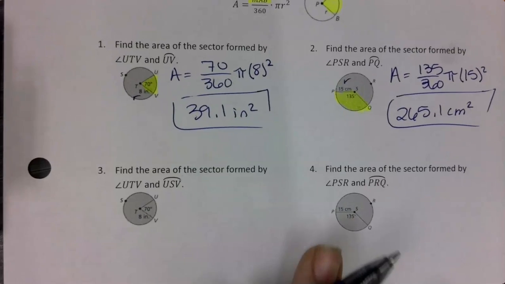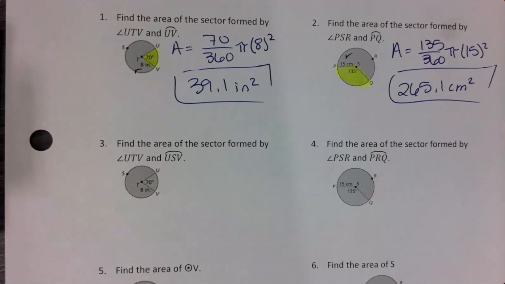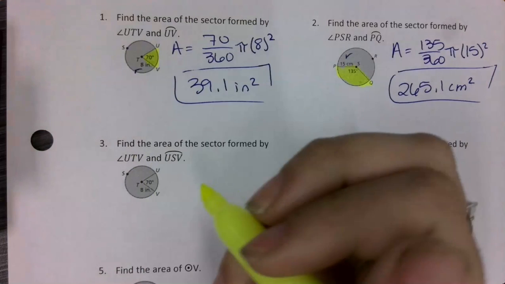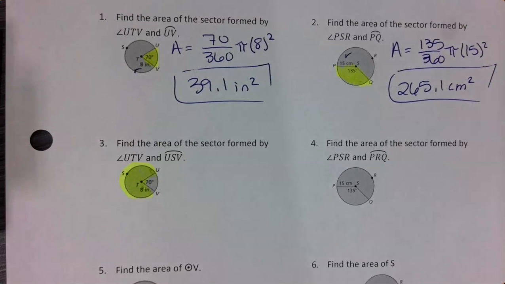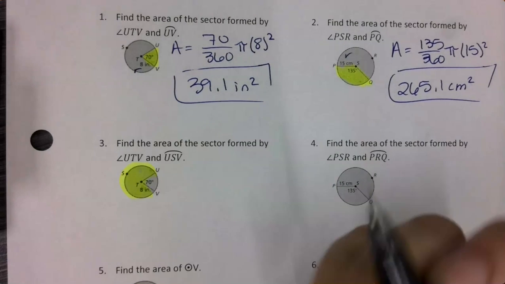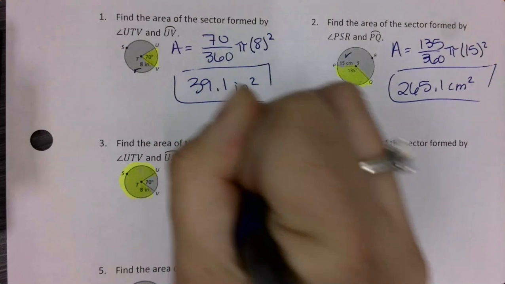This next one is the same circle as number 1, but this time it wants me to find the area of the sector formed by angle UTV and the arc USV, so the Pac-Man looking shape on this circle. So then what I want to do is, I know that this tiny piece is 70 degrees. I need to figure out the rest of the circle. So I'm going to do 360 minus 70